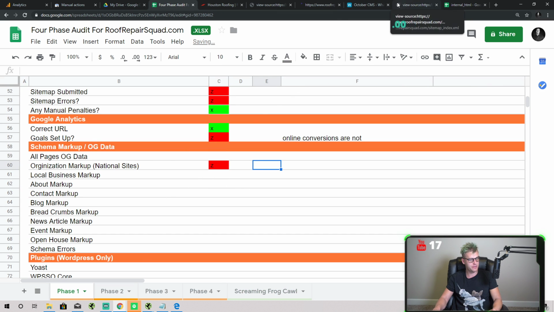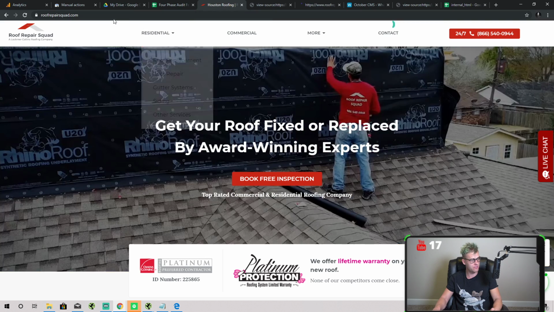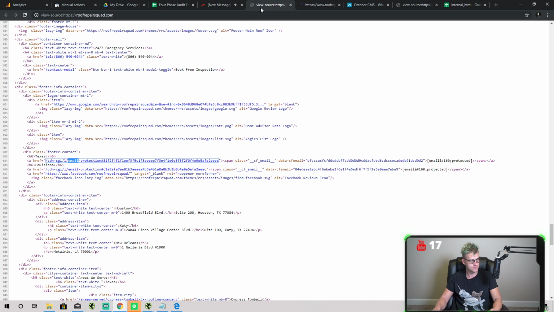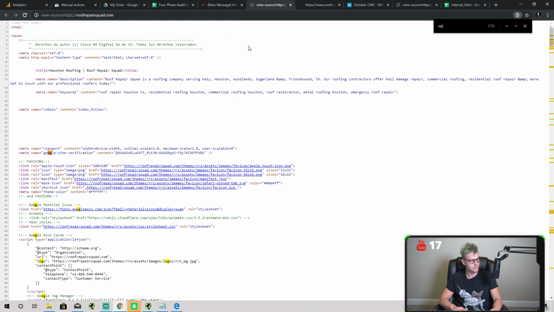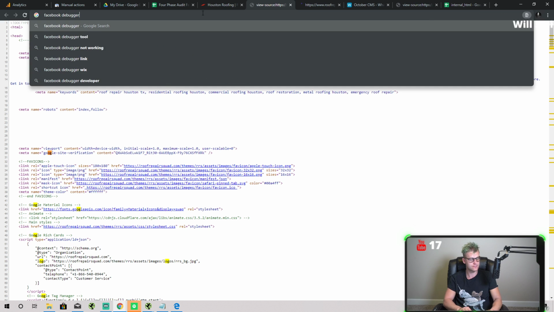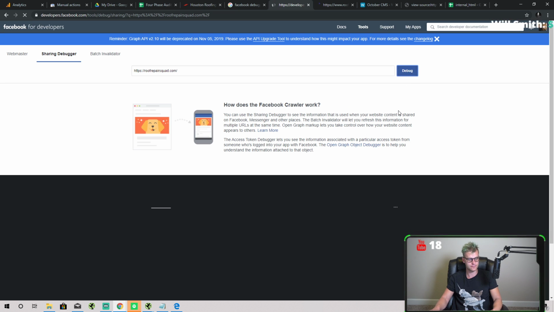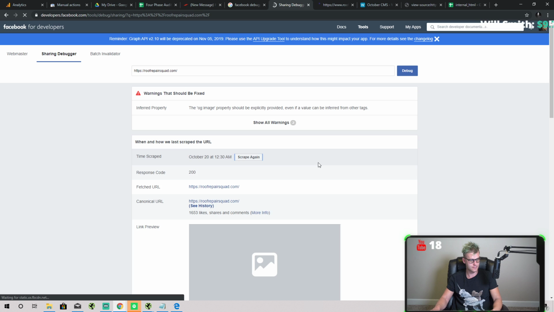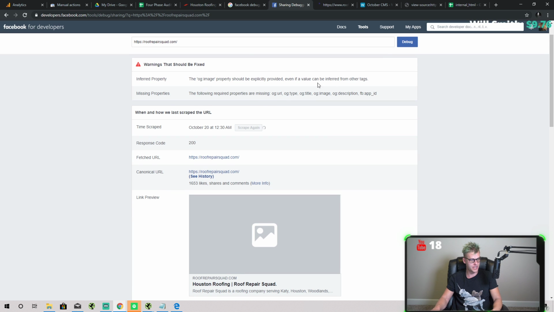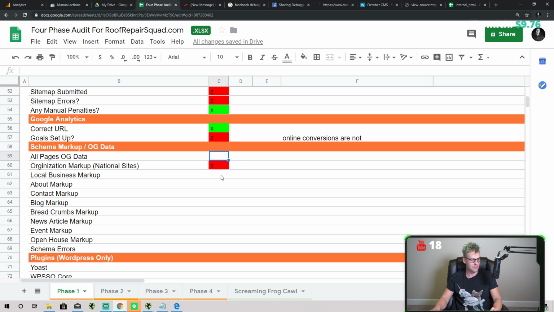We're going to see if any of the pages have open graph data specified, which most of them probably won't. Not seeing anything in the source code. And you can see here we have no OG data showing on the website, at least on the home page. I'm assuming it's not on any other page either. Local business markup is not showing up, so organization markup is showing up, but